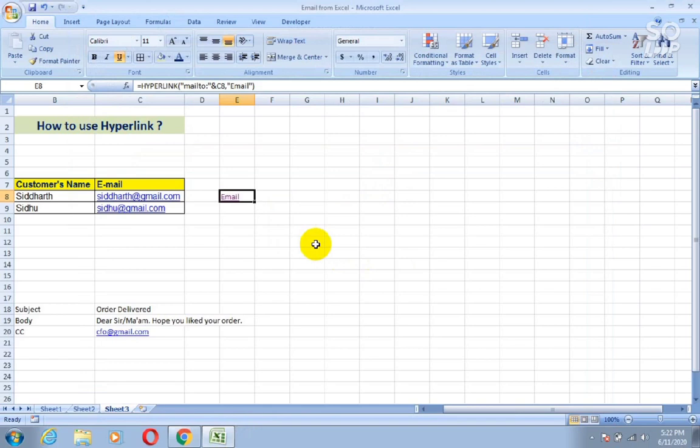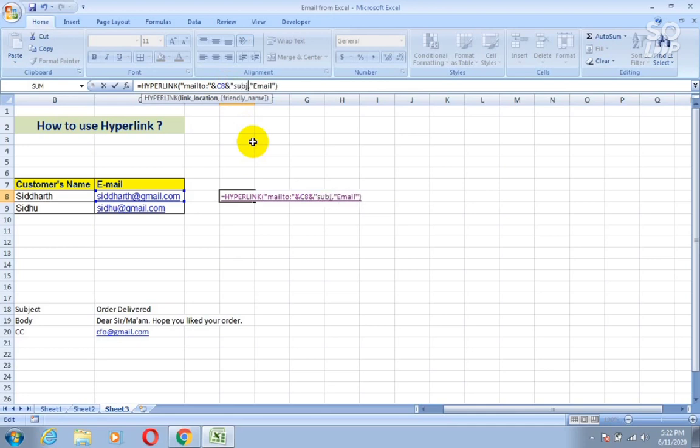Now let's move on and type our subject in our formula. Type &, inverted comma, ?subject=.